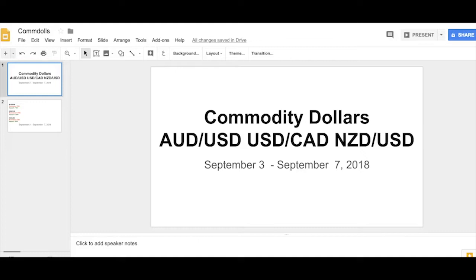Welcome to our weekly technicals for the commodity dollars, the Aussie dollar, dollar CAD, and Kiwi dollar, for Sep 3 to Sep 7, 2018. The story in commodity dollar land has been a slow but definitely steady slide to the downside on the risk side. With CAD, of course, it's very much its own drama story on the NAFTA side. We'll get to that in just one second. But the big story at the end of the week was the slide in the Aussie dollar on, I think, aggravated fears of a much worse than expected U.S.-China trade war